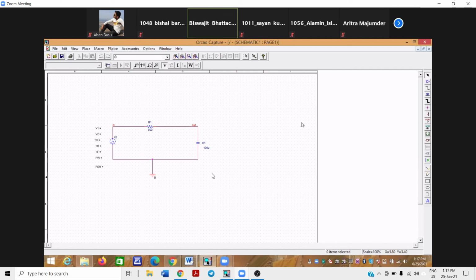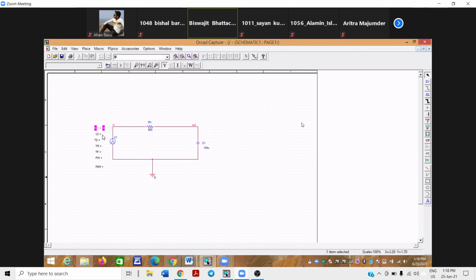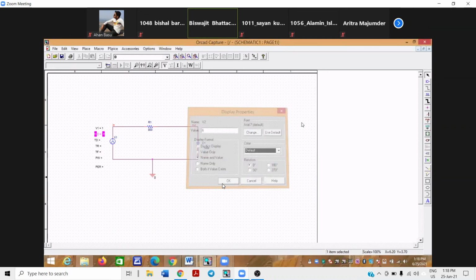Now next, we want to set the pulse train. Our pulse, initially say, will start from 0, or you can write 1. Better I write 1 or 1V. You can write 1 or 1V, V means volt. Now V2 is what? I can write 6 or 6V. So it will rise from 1 volt to 6 volt.